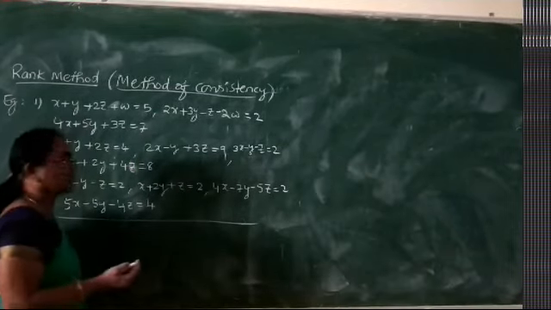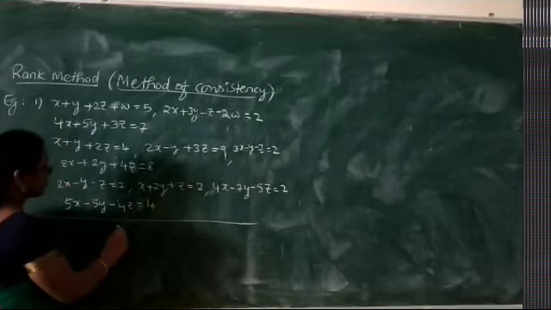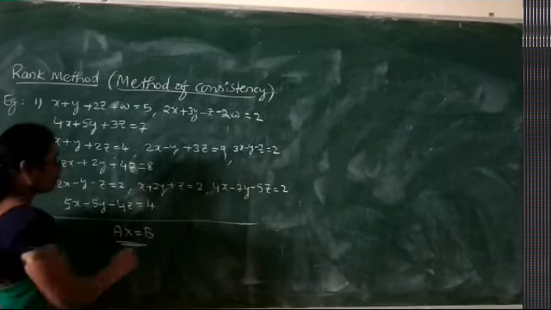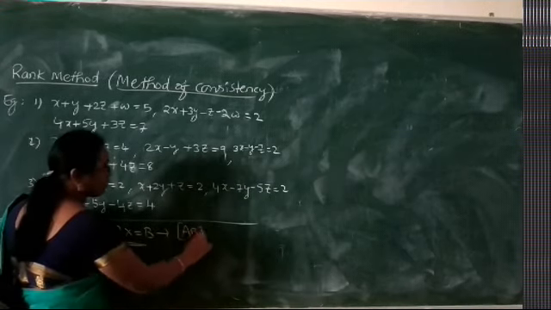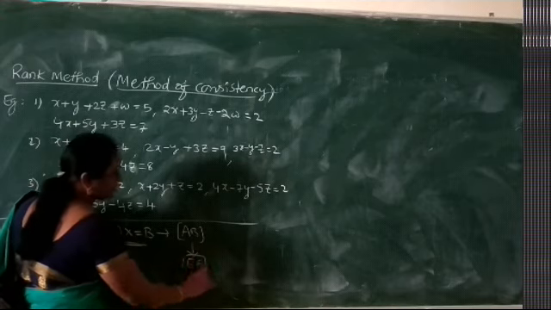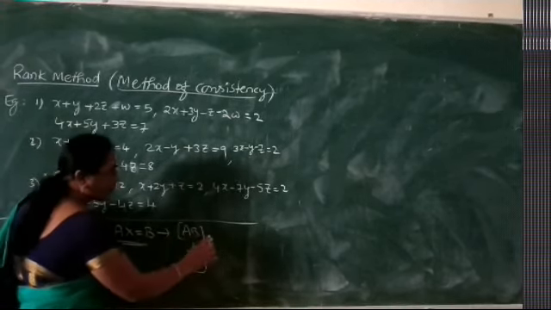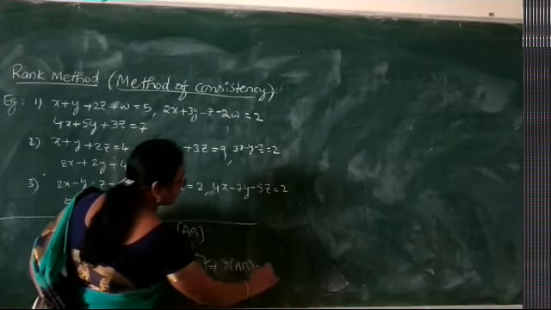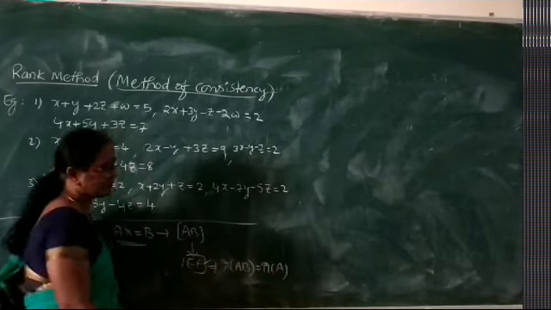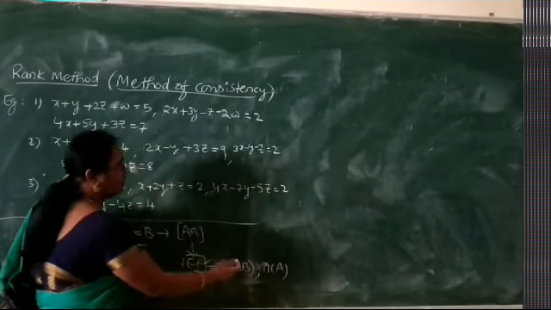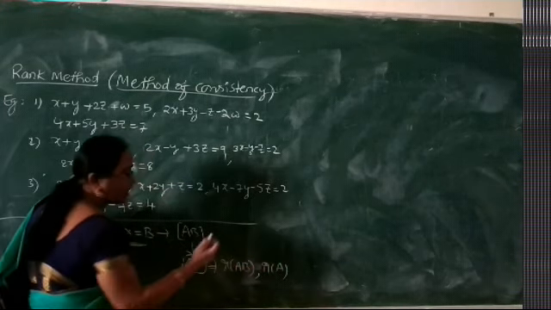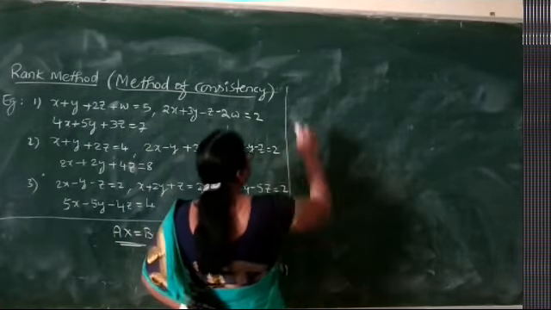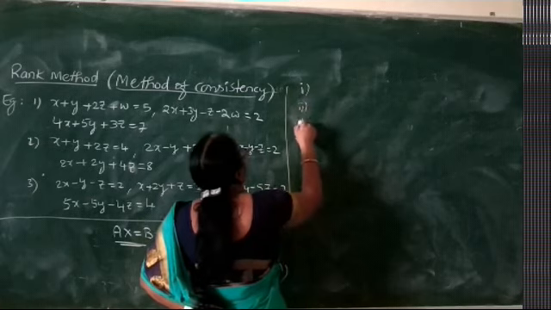Now let me explain the method. Suppose we are given a non-homogeneous system, whose matrix notation is Ax = B. First we consider its augmented matrix, then we reduce it to the echelon form. Once we get the echelon form, from this we determine the rank of the augmented matrix and the rank of the coefficient matrix. We have to find both ranks. Now we compare the two values of the rank. We come across three cases.